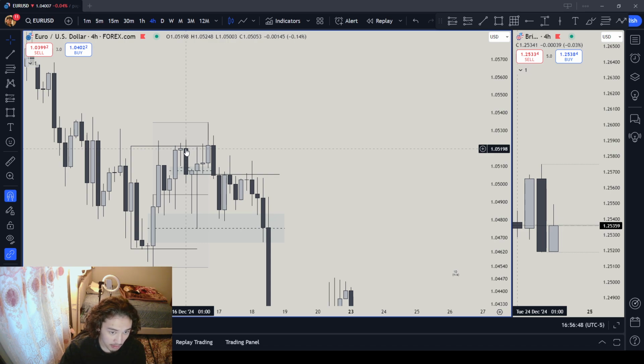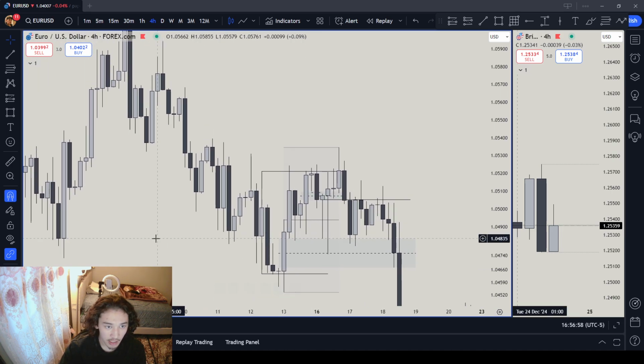You want to sell in premium, you want to buy in discount. So the premium is going to get wrecked, right? And when you're selling in this premium area, this order block, it goes right away to the downside, right? So that's why it matters so much. And let's go